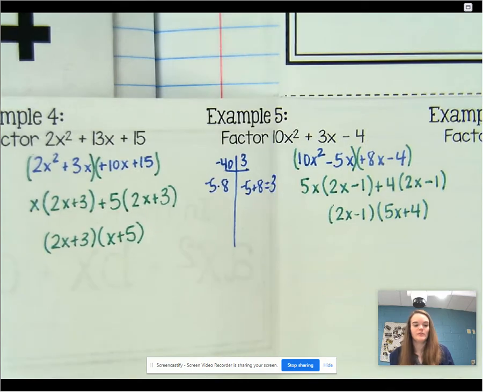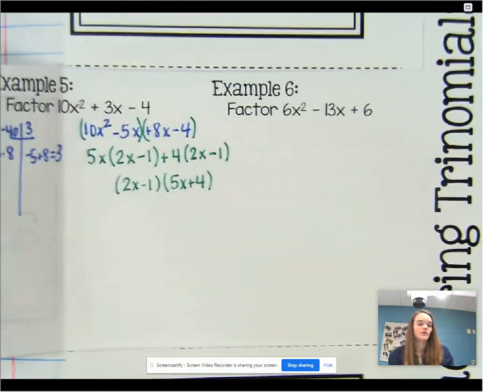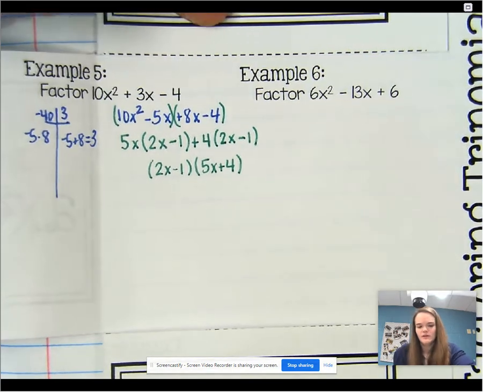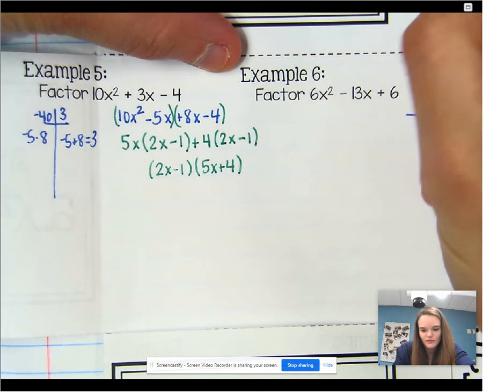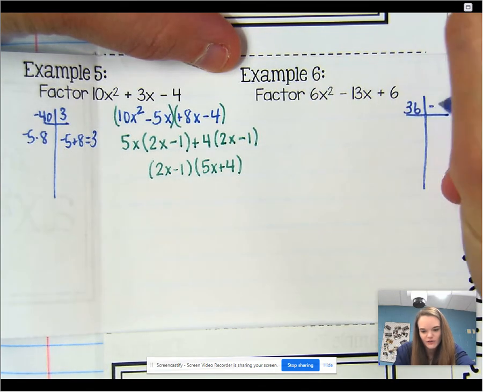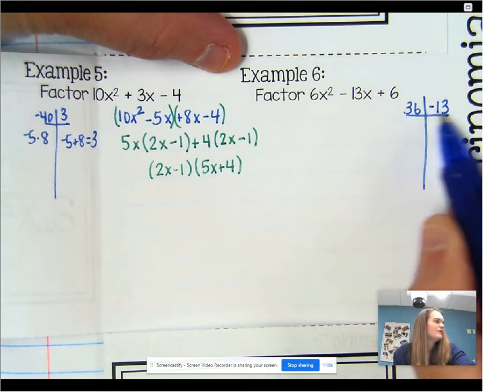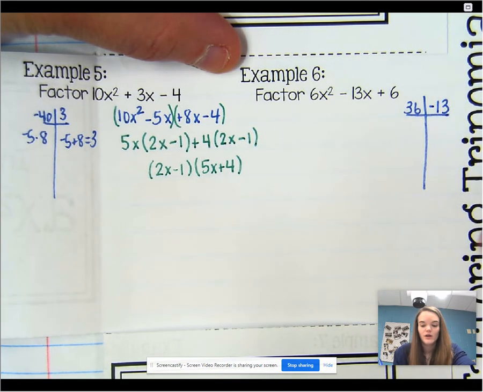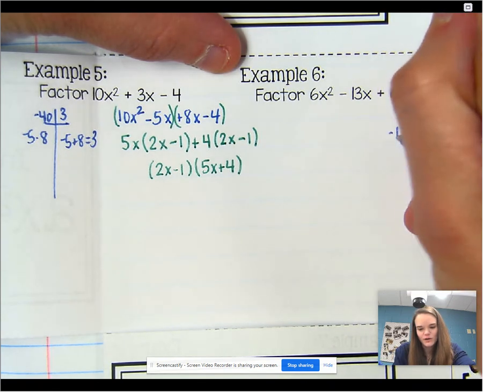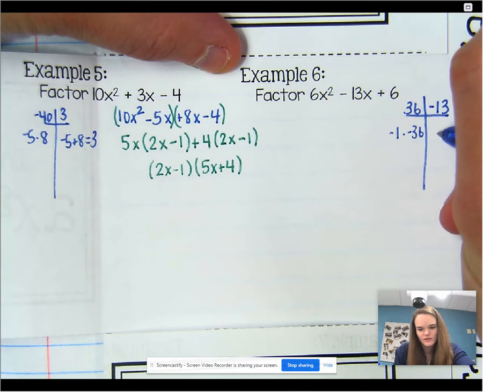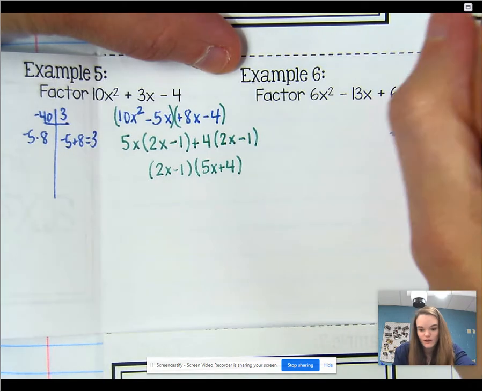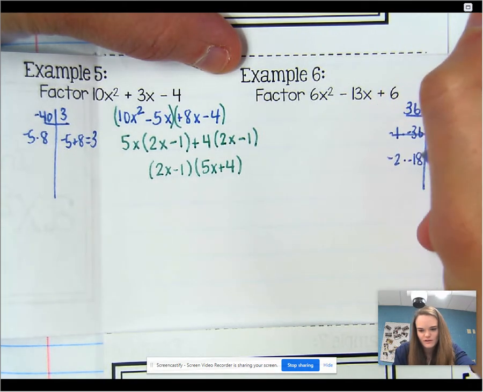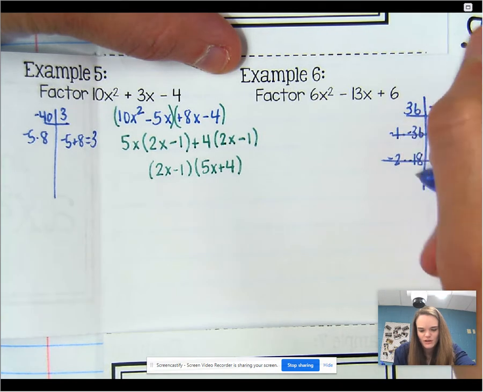Alright, last example, example 6. You would pause this, this is why this video is longer, to check, make sure you're right. Put my factors over here this time because I'm out of room. 6 times 6 is 36, and I need negative 13, which remember, if it's positive and I need a negative, these have to be two negatives. So negative 1 times negative 36, that's definitely not going to give me negative 13. Negative 2 times negative 18, also not going to give me 13. Negative 3 times negative 9,